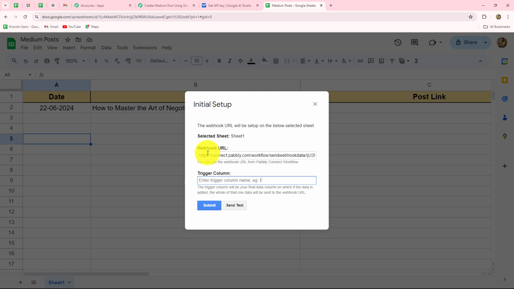So according to your requirements, you have to select your trigger column that whenever a row will be added up till that column in your spreadsheet, you want to capture the response. This C column is for updating the link which we have posted on Medium, so it is going to be used afterwards. Now here I'm going to enter B as my trigger column, and we will simply click on send